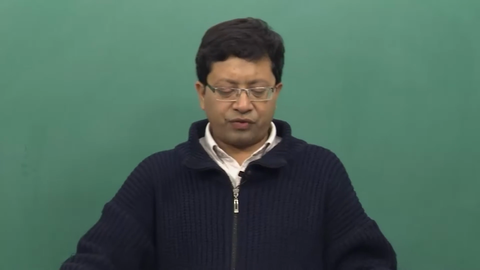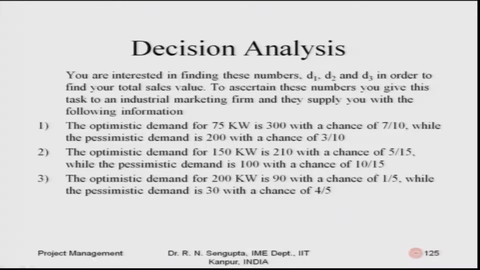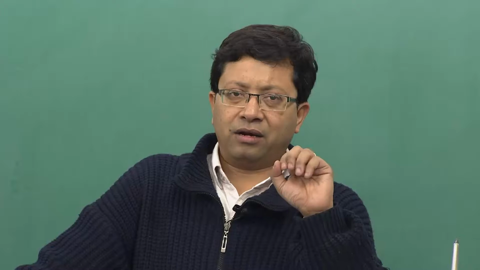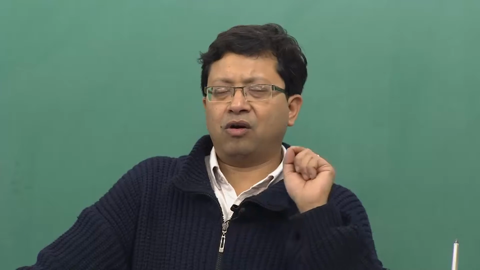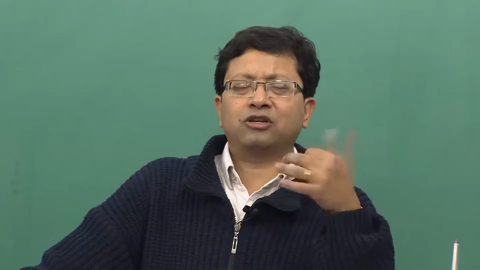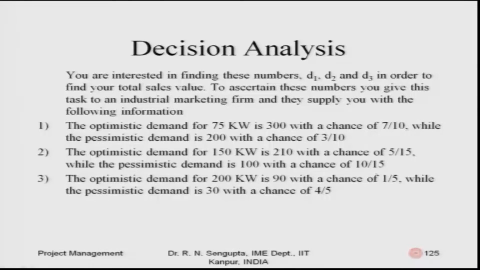If you are interested in finding these numbers D1, D2, D3, consider the optimistic demand, probabilistic demand and so-called pessimistic demand; it can be any combination. We consider very simply that there are two outcomes of the demand, very good or bad, or average or bad, like tossing a coin. There is a head and a tail, only two outcomes. The probabilities are, with optimistic, 7 by 10 for 75, 3 by 10 for